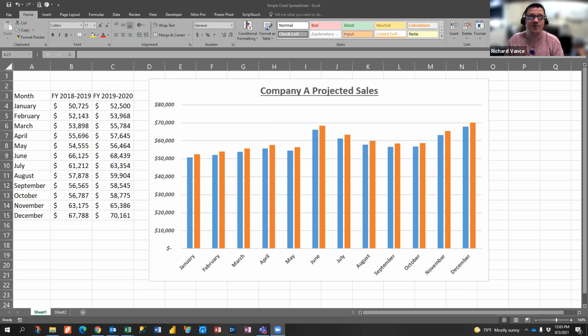Okay. All right. So I just did some dummy data, nothing fancy, just the fiscal year for 2018-19 and then fiscal year 19-20. And I compiled this simple chart to visualize the comparisons between the year for each month. Very simple chart you can put together, but I wanted to go over some of the layout of this chart to learn some of the terminology so that when you're adjusting it or formatting it, you'll be familiar with what